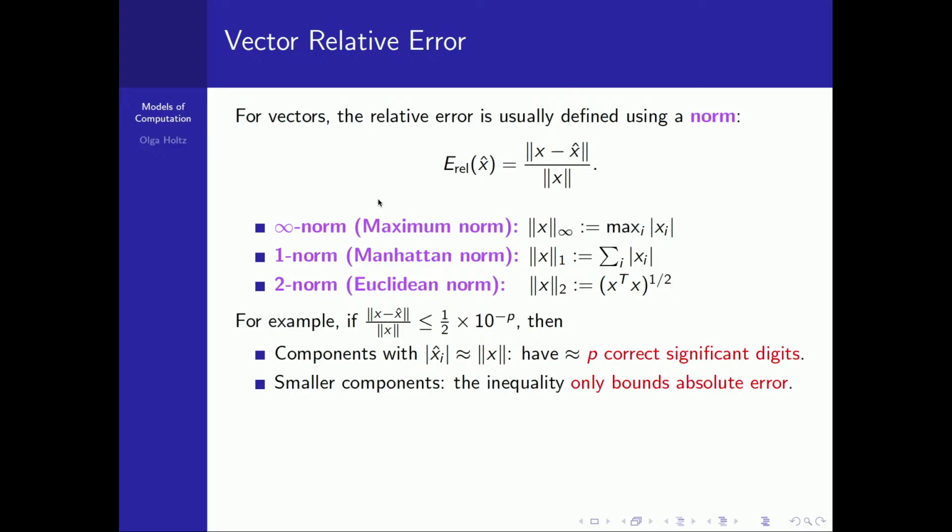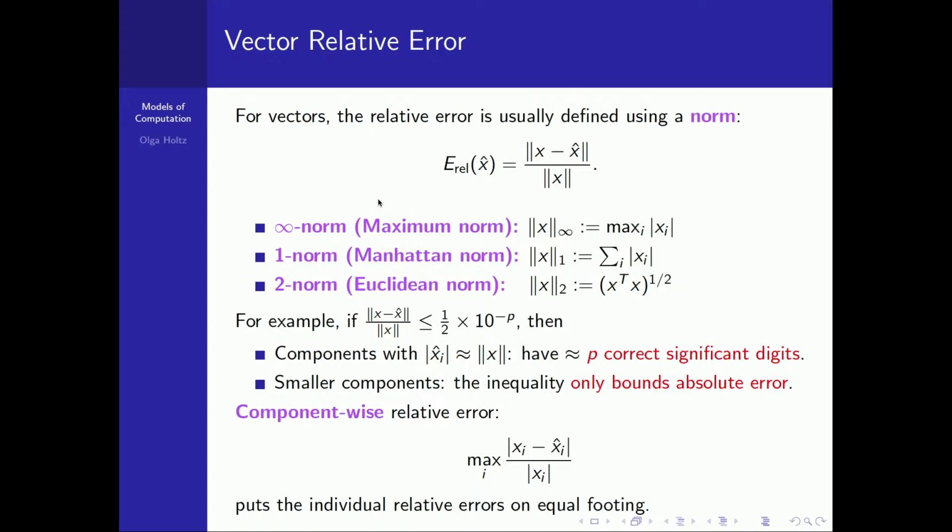If you've got a bound and you have a large discrepancy between components and some of them are tiny, then you don't really get much of a relative understanding of your error within that component. So that could be problematic if you're concerned with component-wise error, if you really want to make sure that component by component you're getting something good, something representing the answer, something relatively close to the answer. So this could be a problem.